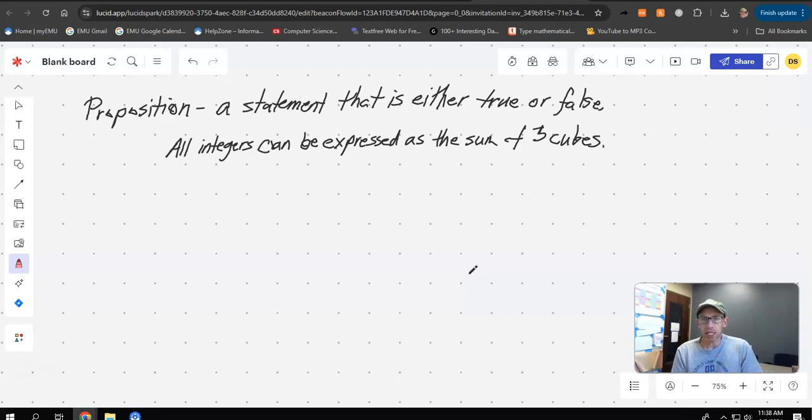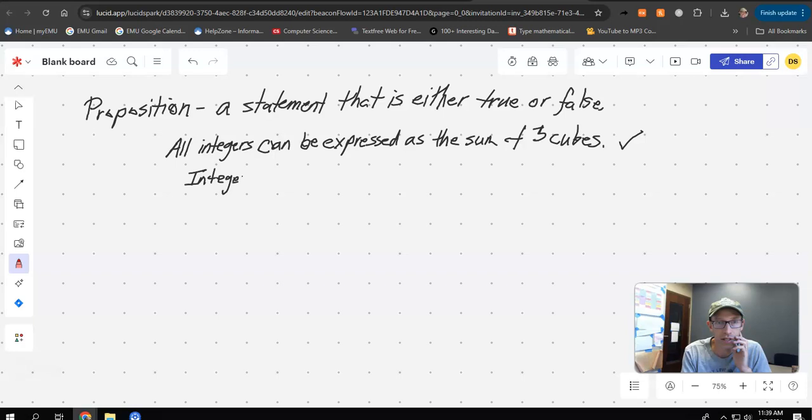So that's making a claim. And we have the set of integers, all the negatives, 0, all the positives. We're saying any one of those can be expressed as the sum of three cubes. That's either true or false. Now, we may not know if it's true or false, but it is either true or false. And so this is indeed a proposition versus a statement like